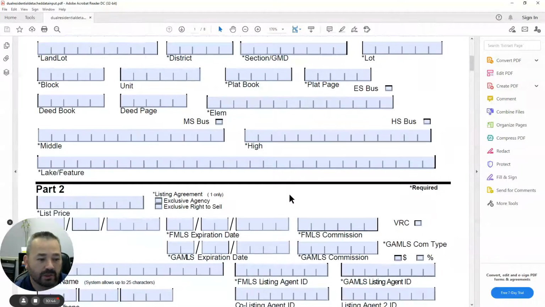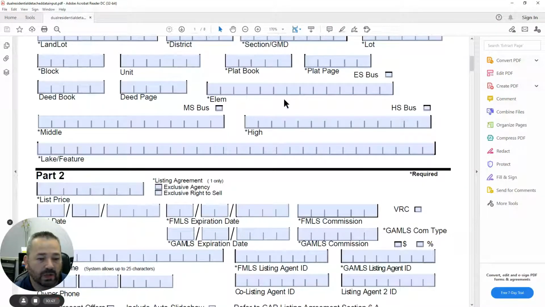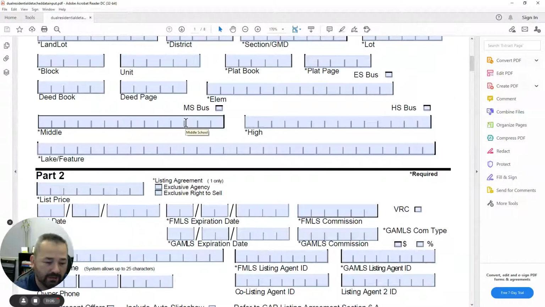Next, we get to our school systems. What I want you guys to do and encourage you to do is, whatever county your property is in, whatever school system it's in, go to that county's website. Every county has a school locator, and every county has a different website; they all call it something different. So you're going to have to do a little bit of sleuthing to find it. But once you do, go look up that address and find out what's the elementary school, what's the middle school,